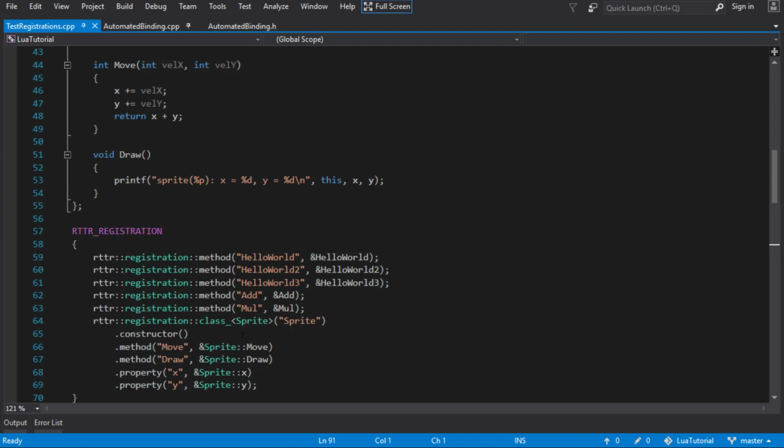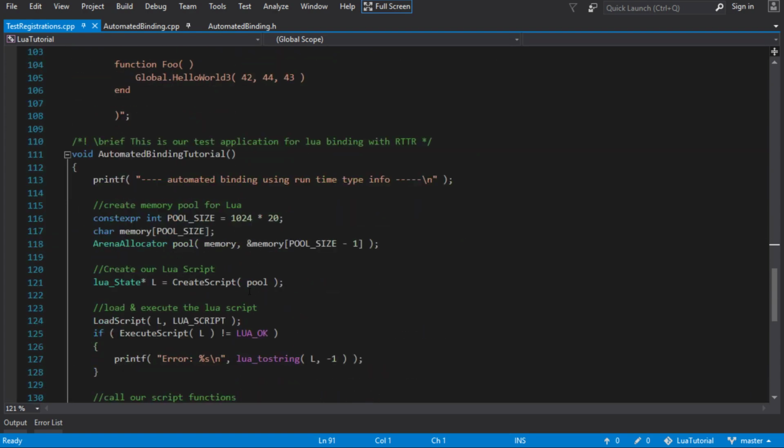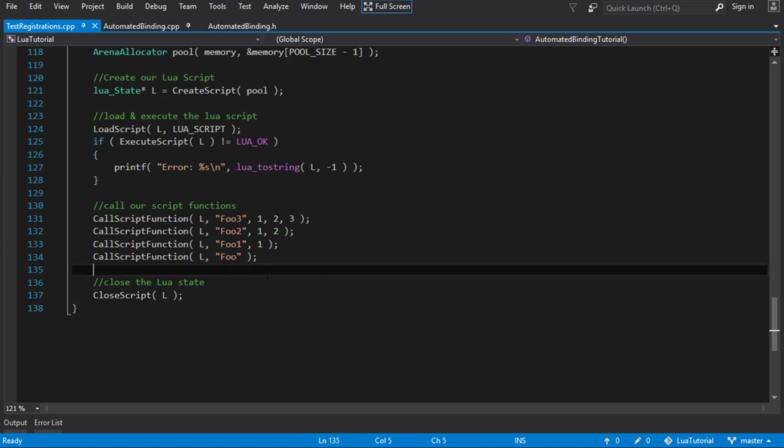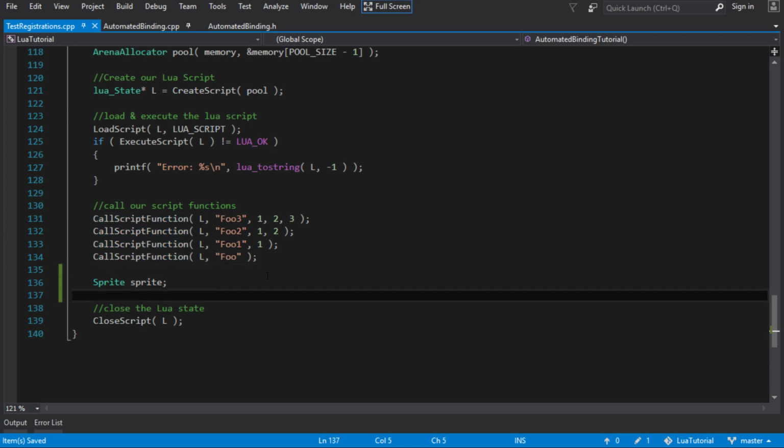We have registered that with Lua, and we've got it so that you can make one of these in Lua and you can call the functions and use the public methods on it. So we should be able to do that. Let's jump in and see what happens when we do this. We'll make one of these sprites in native code this time, and then we'll pass it to a function